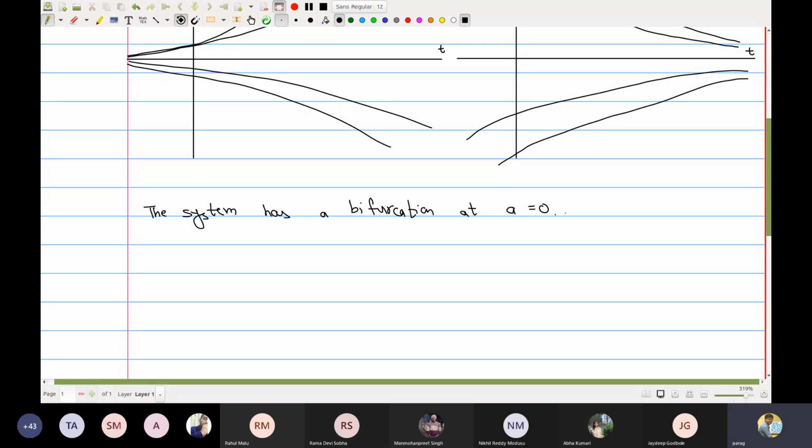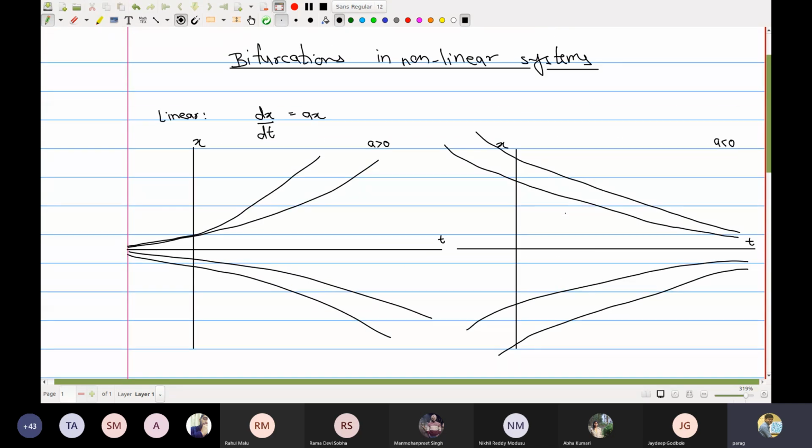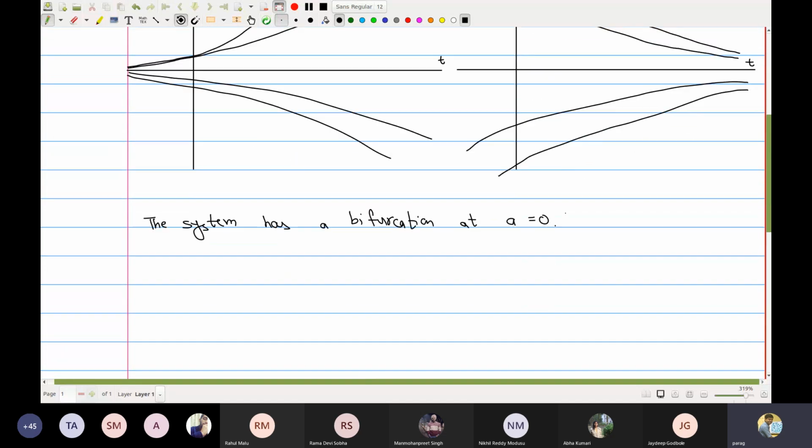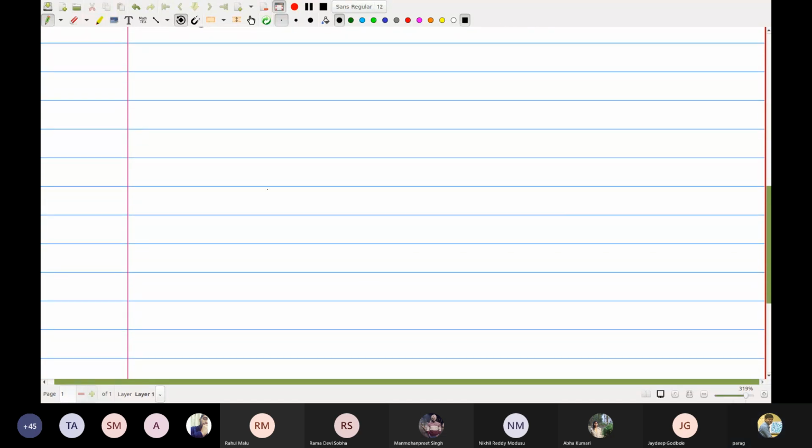Now the question is, can we quantify it? Can I deduce? So this was a very simple equation, dx by dt equals ax. So it was pretty easy, or rather trivial, to reach this condition. But is it possible to actually derive this condition that a should be equal to 0? Okay, so let's do this. So our equation is dx by dt equals ax, and I will declare this as f of ax.